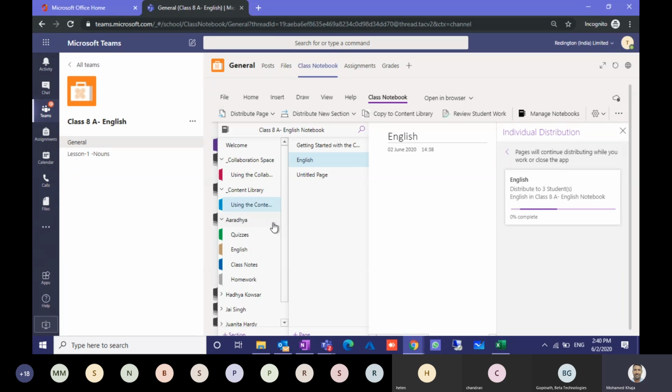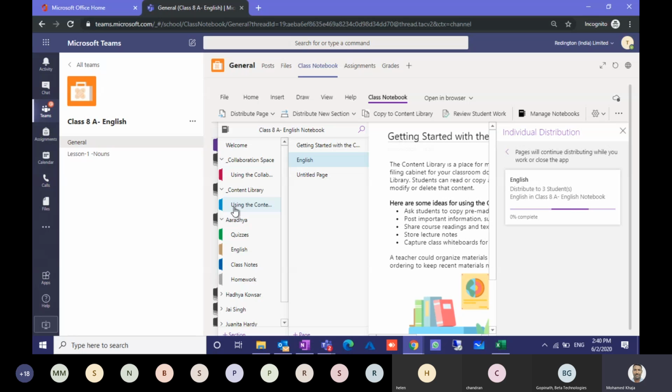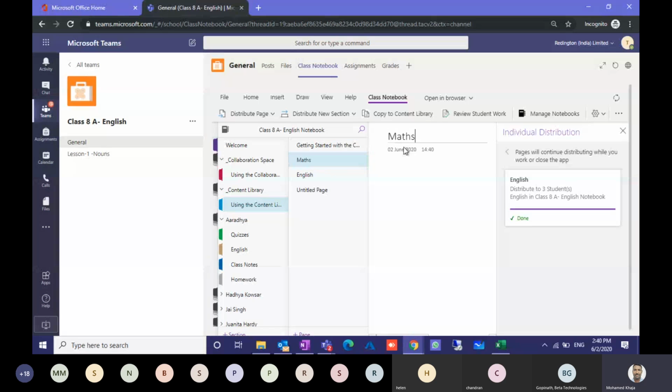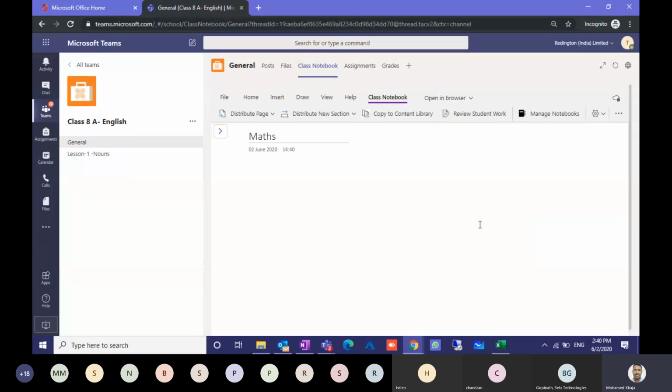Let's leave this, and I will show you that not only can you have text, you can also have math in this. For the purpose of showing you, it is done, and it will reflect on the students. I'm closing this and I will show you at the end. You can use OneNote for math, for equations, for everything, also for your graphs.